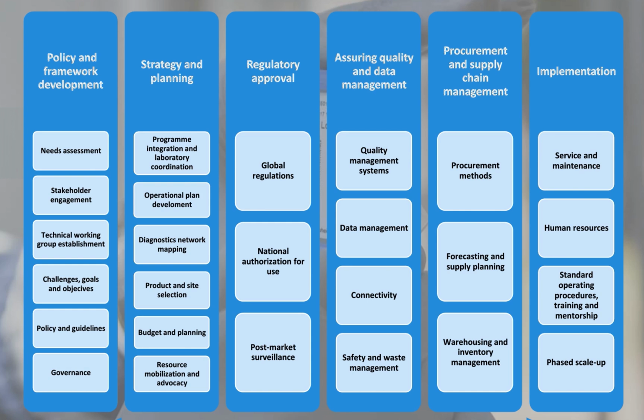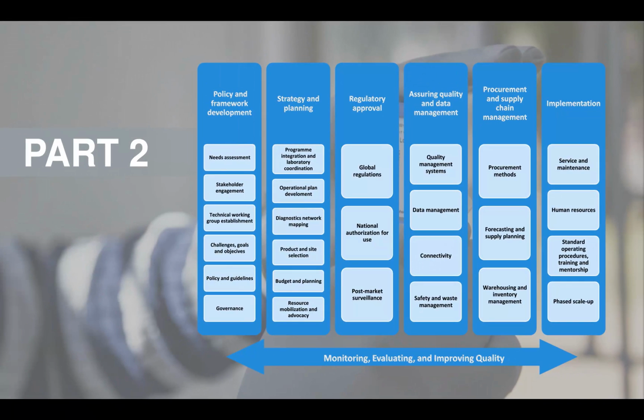Each module consists of multiple sub-areas or components. For example, under Procurement and Supply Chain Management, there are 3 sub-areas: Procurement Methods, Forecasting and Supply Planning, Warehousing and Inventory Management. These 7 modules represent the key areas that should be considered when introducing HIV point-of-care technologies in any